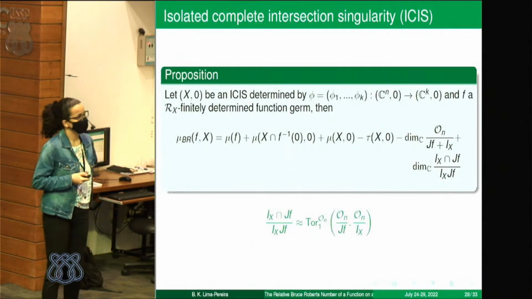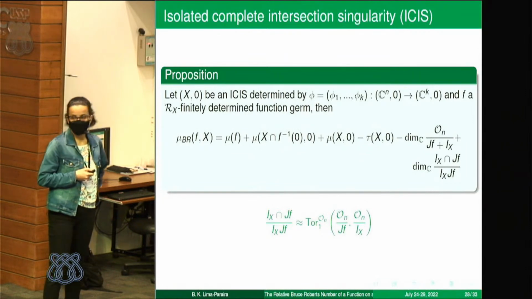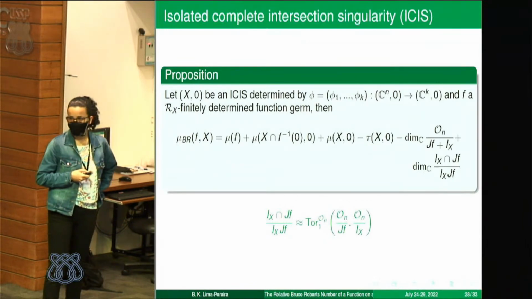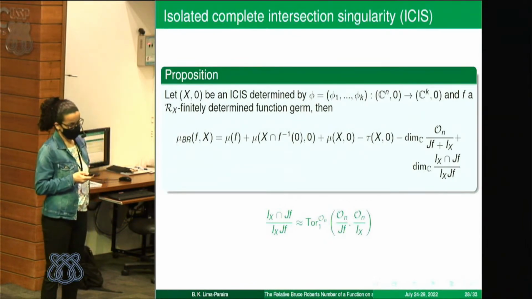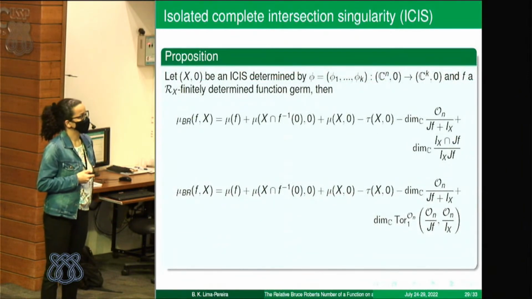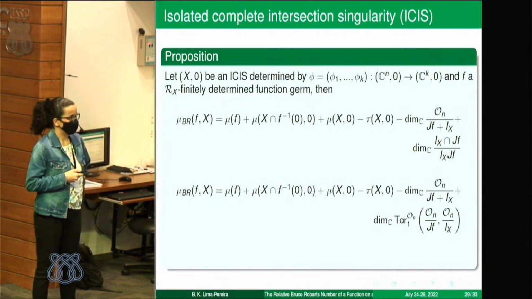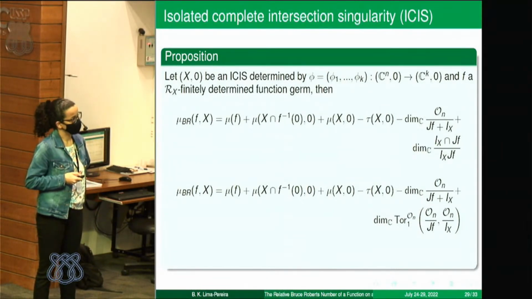Now, a remark about this quotient. Okay? We know that this quotient is isomorphic to this one. Okay? And in this way, we have this other equality. I don't know how this equality is better, but the fact is, using the second equality, because of this